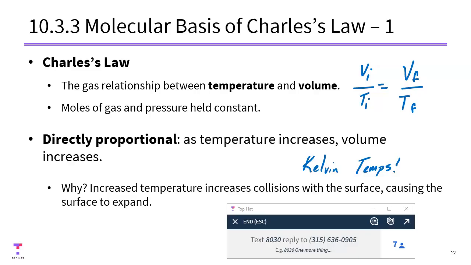Well, first of all, it has to make sense. If I put 0 degrees Celsius in either of these denominators, you know as well as I do, you can't divide by 0. That's one obvious factor. If I put a negative in either of these, I'm going to end up getting a negative on the other side as a consequence. Negative volume doesn't make any sense.